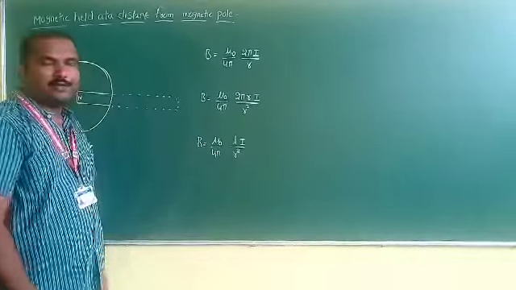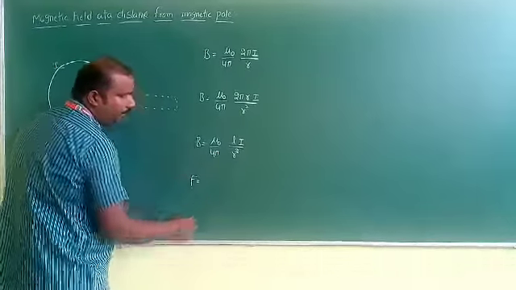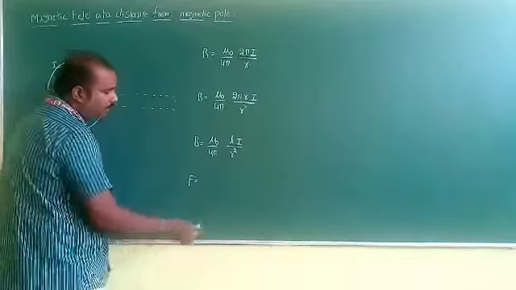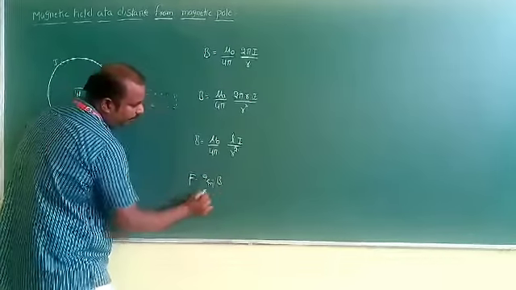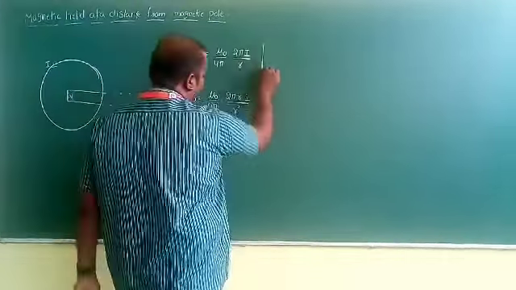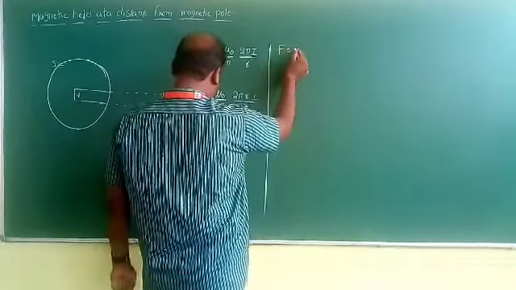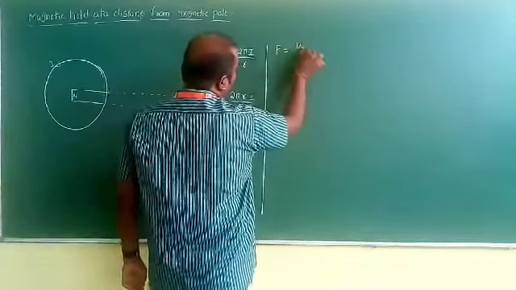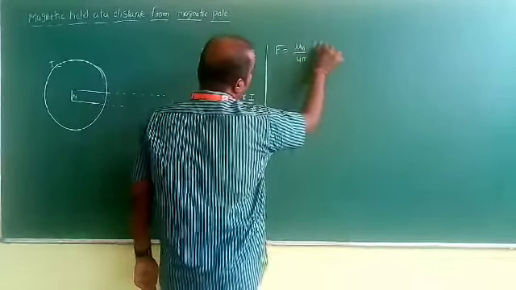Now it will experience a force. How much force is it given? F is equal to, we already know F is equal to QE. Similarly here F is equal to QM into B. Now similarly, according to that, substitute the equation: F is equal to QM, whose value you don't know. Here you have to substitute mu naught by 4 pi into L I